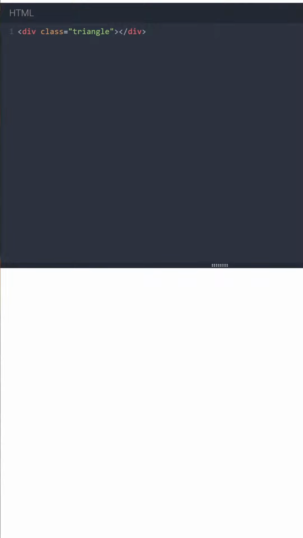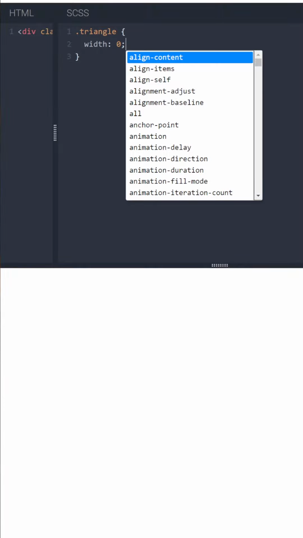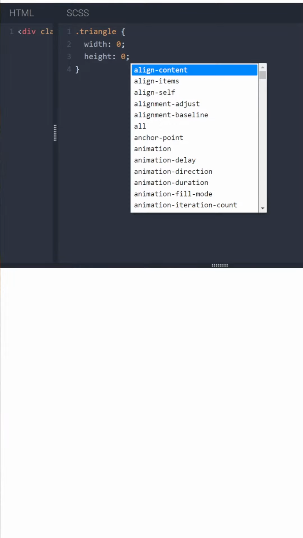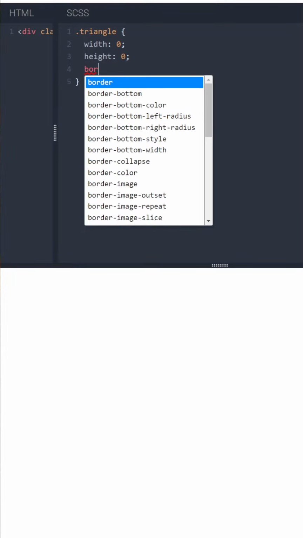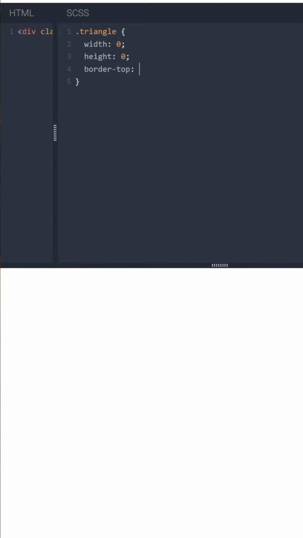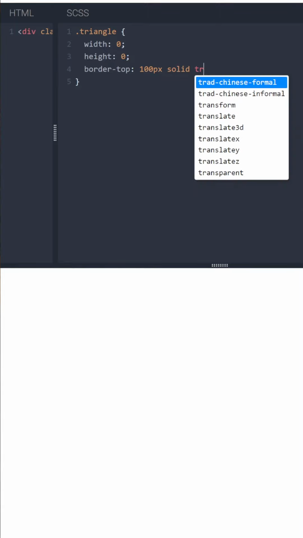In our HTML we have a simple div here, and now we are going to write some CSS to turn it into a triangle. So I am going to use this triangle class, and I'm going to set a width to 0 and height to 0 as well. And now border top to, let's say, 100 pixels, solid, transparent,